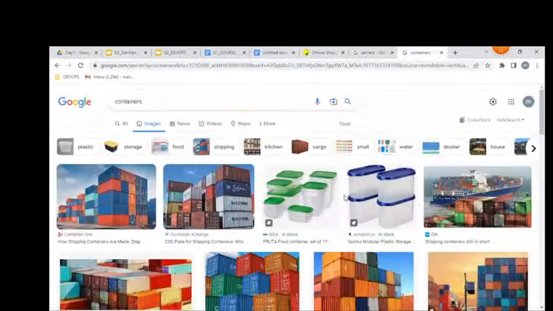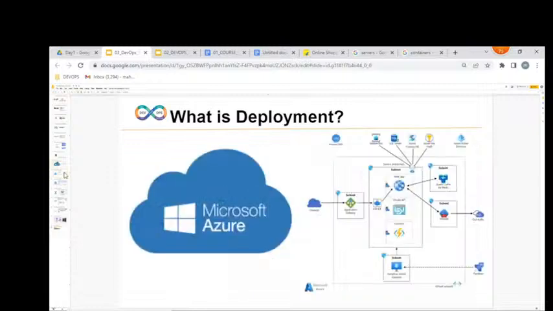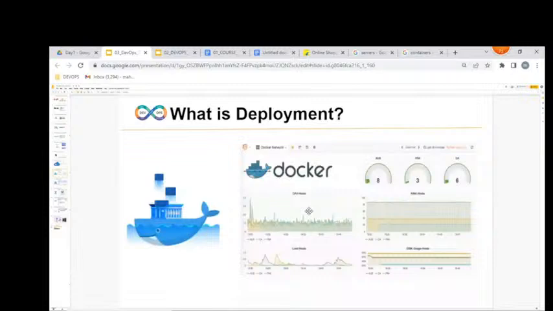By using these containers, we can transport seafood, or any product. But by using our containers, we can deploy our websites like Flipkart, Amazon, Book My Show, Redbus. We can maintain our websites very easily. Not only deploying our applications on Azure servers, we can deploy our applications on Docker containers also.